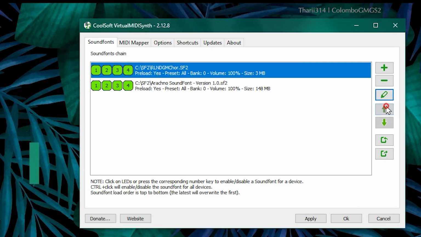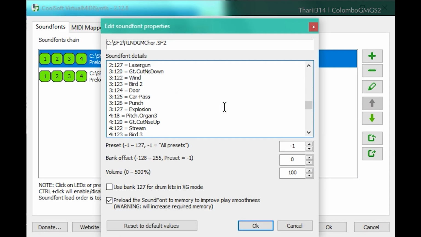So that's how you can use the secondary sound font to fill in all possible blanks and ensure all instruments called for in a MIDI file are present.